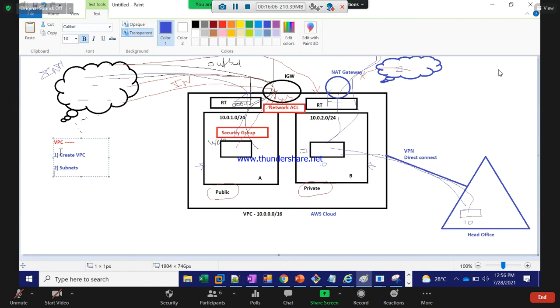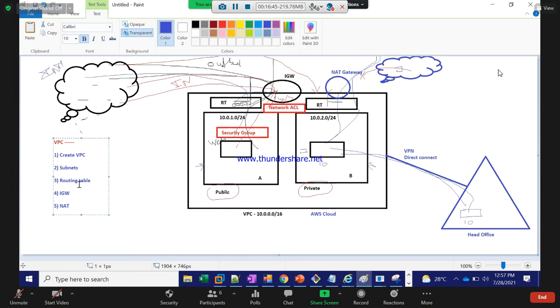Next, we can use a subnet, then we use a routing table. Public routing table, private routing table, we can separate that. The public subnet should go to the public routing table, private subnet should go to the private routing table. Next, we need IGW, internet gateway, to access the internet. Then we want a NAT gateway also, just to access the private.